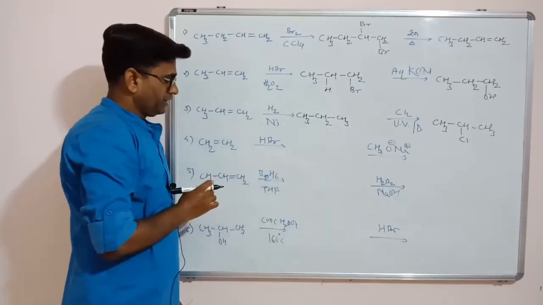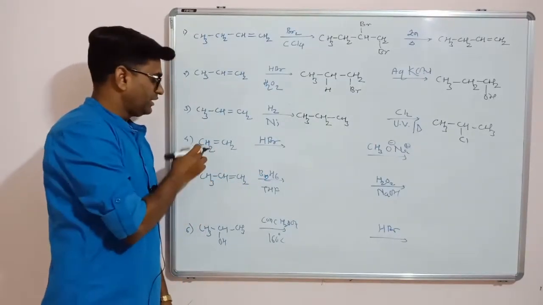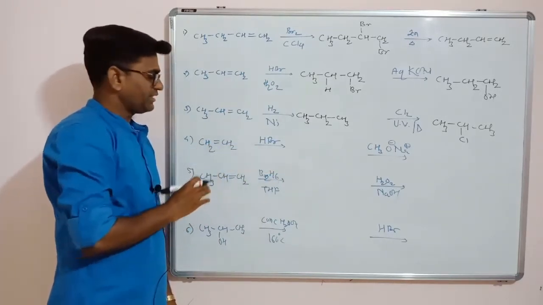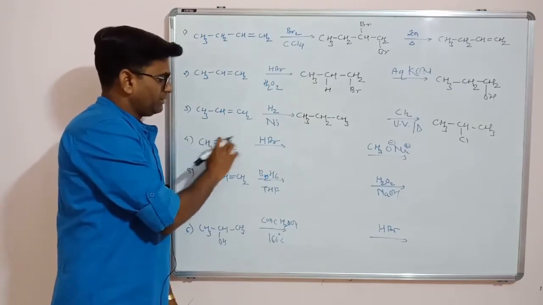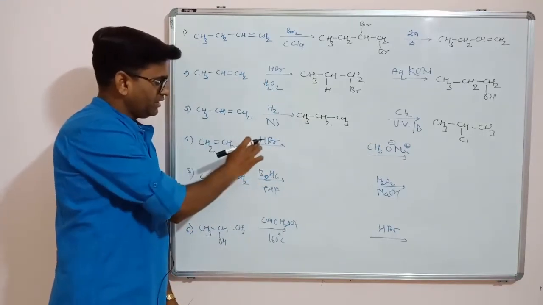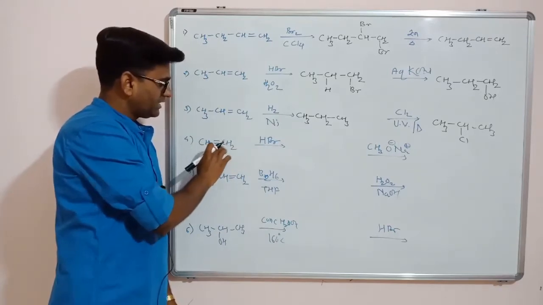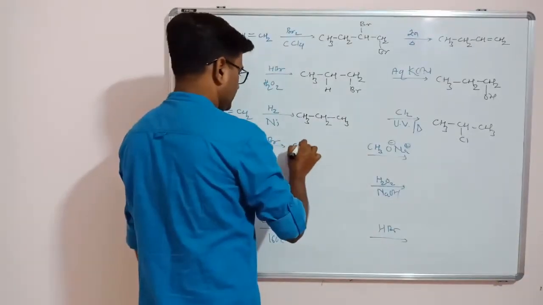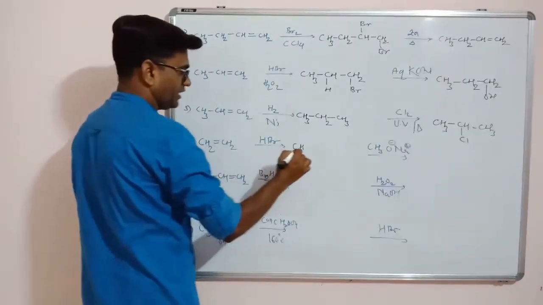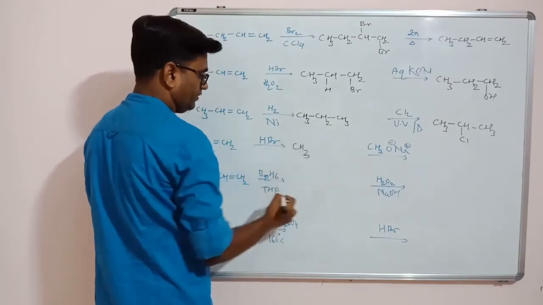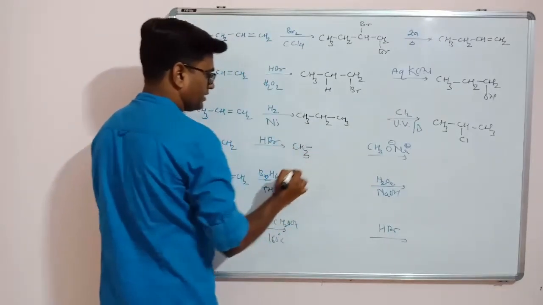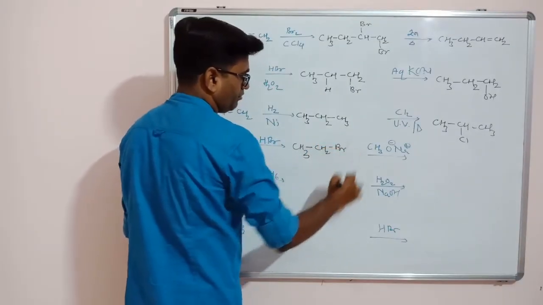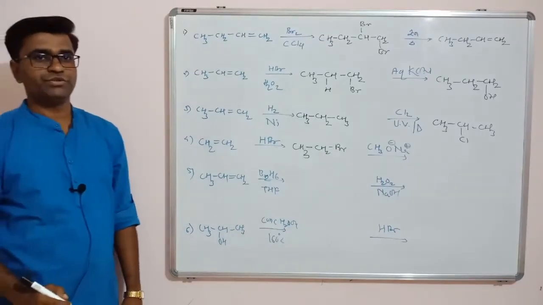Now again alkene and HBr. There is no H2O2, and here the two carbons are the same. So either hydrogen goes here or here, the product will be the same. So this is merely a simple addition reaction. Just double bond to single bond, and one carbon will get hydrogen and the second carbon will get Br, or vice versa, no problem. Suppose the first carbon gets hydrogen, so CH2 becomes CH3 and the double bond becomes a single bond. This CH2 will get Br. So here will be CH2Br.